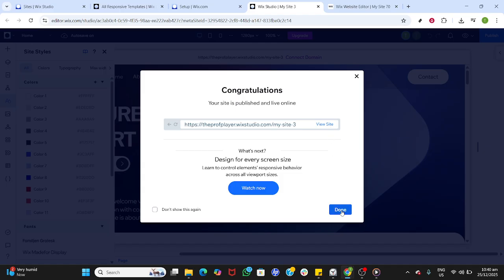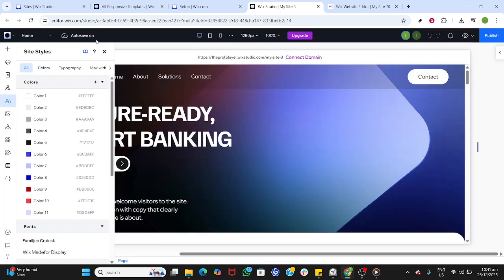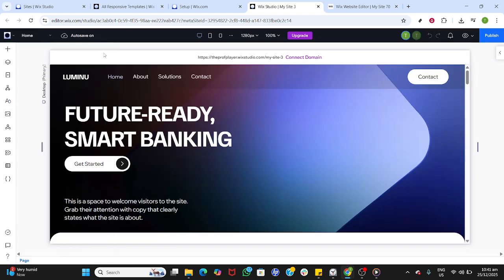After you publish, Google will begin discovering your site automatically. Indexing can take time, so don't worry if you don't see it right away in search results. Strong, descriptive headings, meaningful copy, and fast-loading images all help search engines understand your pages and improve visibility over time. That's it. Your Wix website